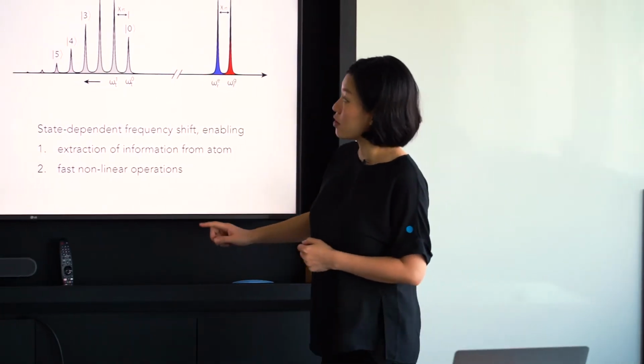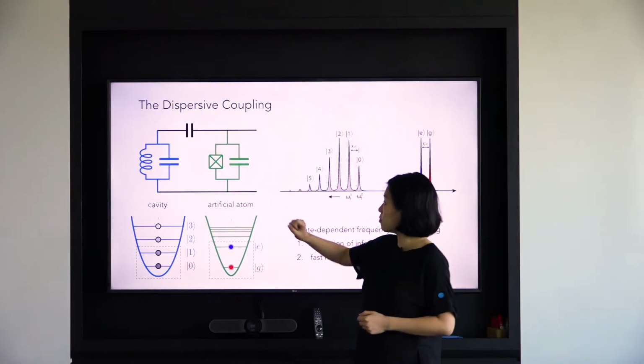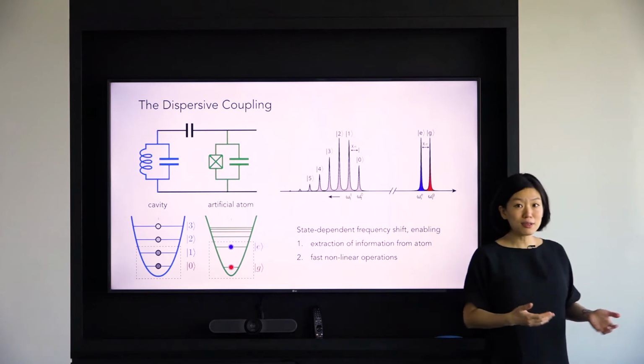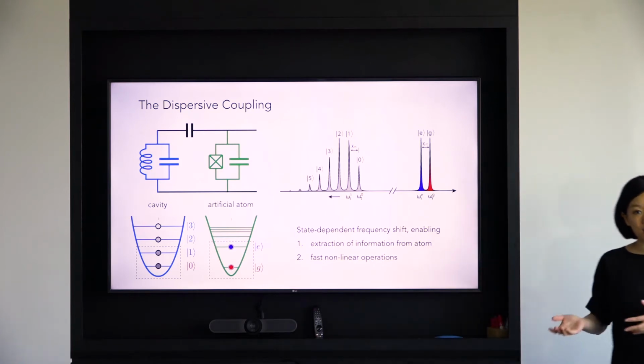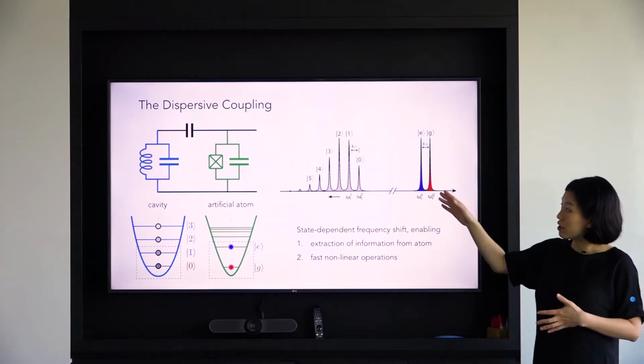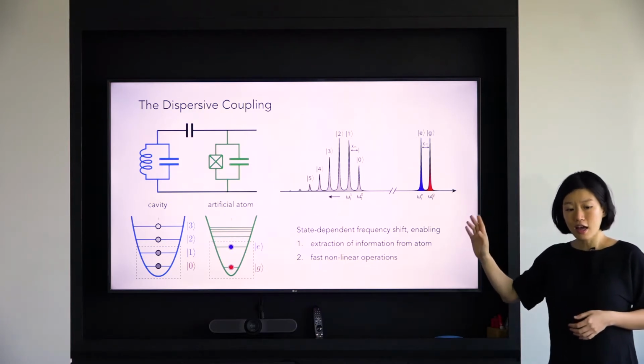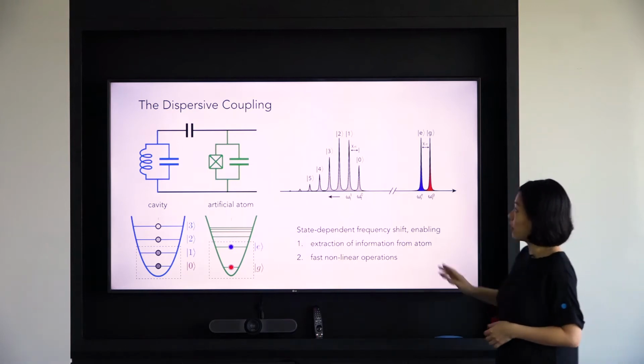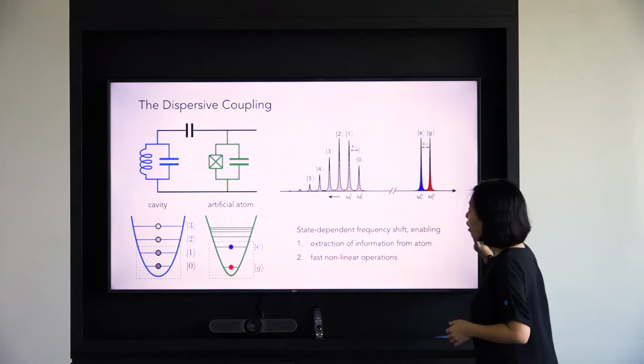Okay, the next key ingredient is to put these two disparate elements together in some way that gives us capabilities to do manipulations and interactions effectively. So you can imagine in a circuit, connecting different elements is basically adding a few more elements, which are either inductors, capacitors, or resistors. In this case, the most common way is to just put a capacitor between the two elements, and this actually introduces something called the dispersive coupling. It's